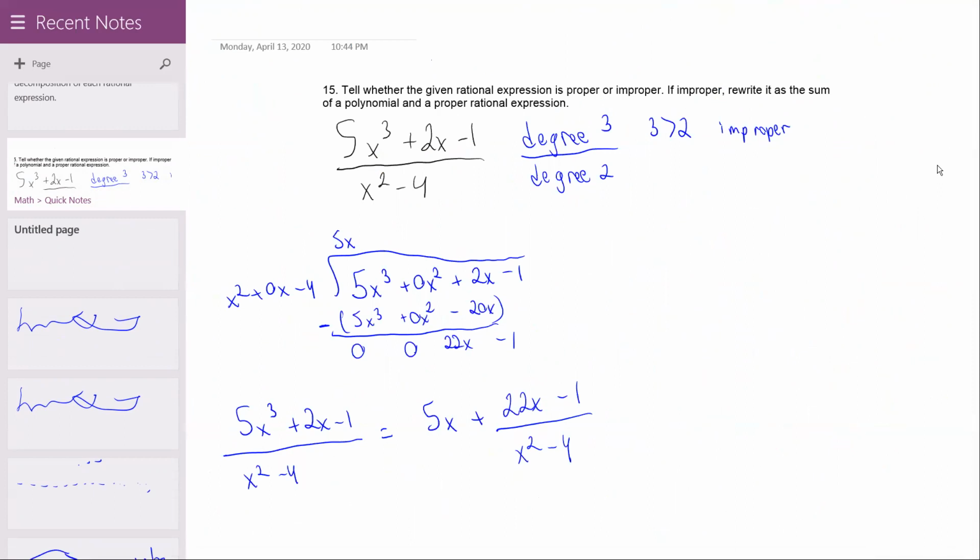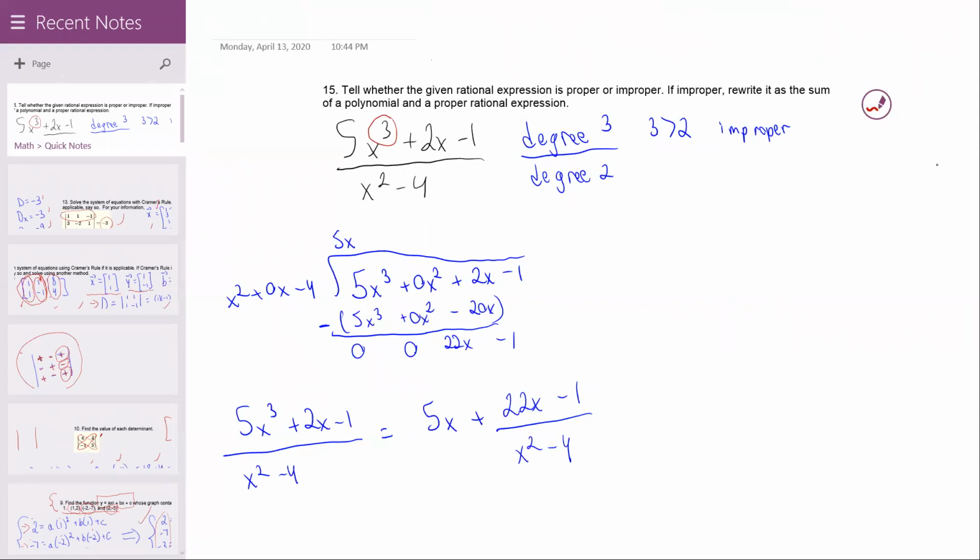So this one says tell whether the given rational expression is proper or improper. And if improper, rewrite it as a sum of a polynomial and a proper rational expression. So for proper, we look at the degree. So because of this 3 right here, the numerator is degree 3, and this 2 means the denominator is degree 2. Since 3 is bigger than 2, it's an improper fraction. And the way we follow the directions is we